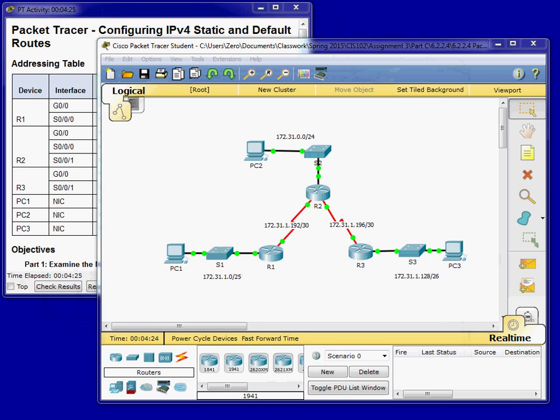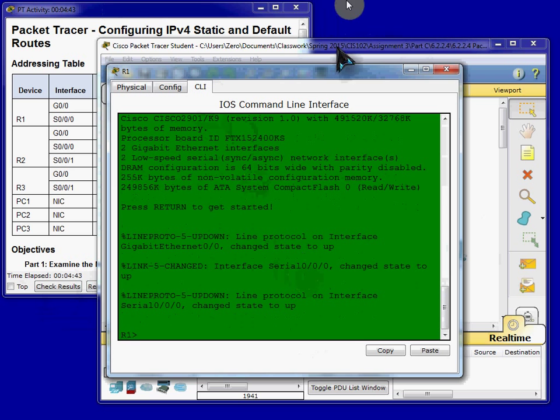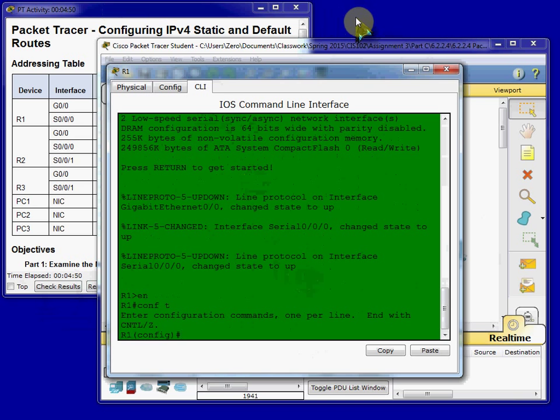So part C here in step 1 is configure a recursive static route to every network not directly connected to R1, including the WAN link between R2 and R3, including this segment here. So we're going to come into the R1 command line to get started. Enable and go into configure terminal, the global configuration mode. We're going to set up IP route